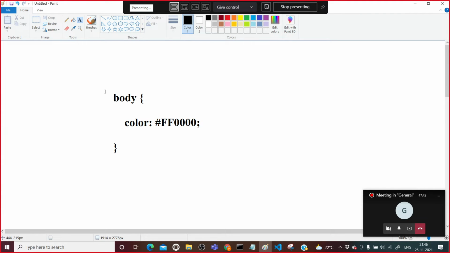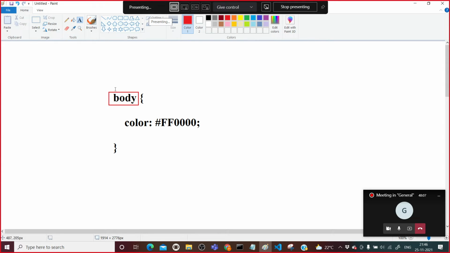See, this complete thing is a CSS rule. Here, this body is a particular selector. By specifying body, you are selecting the body of your web page.